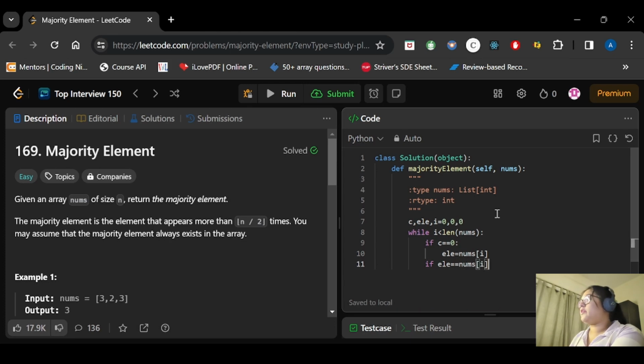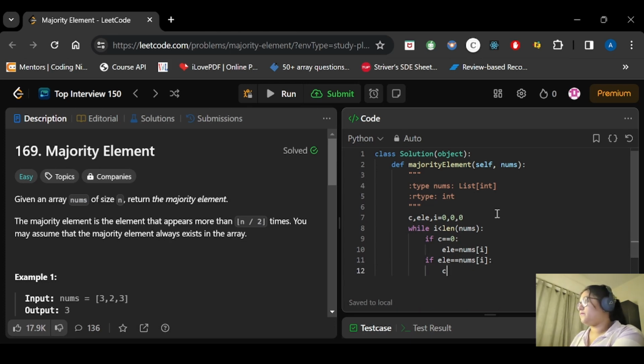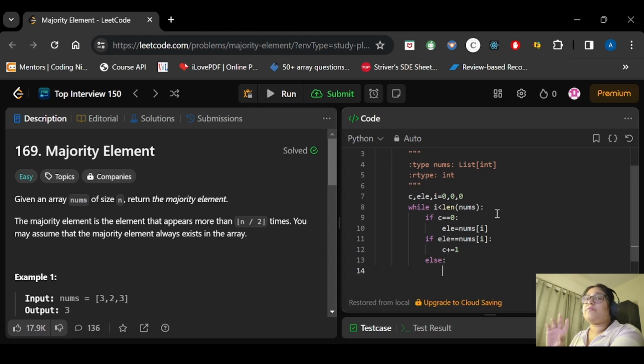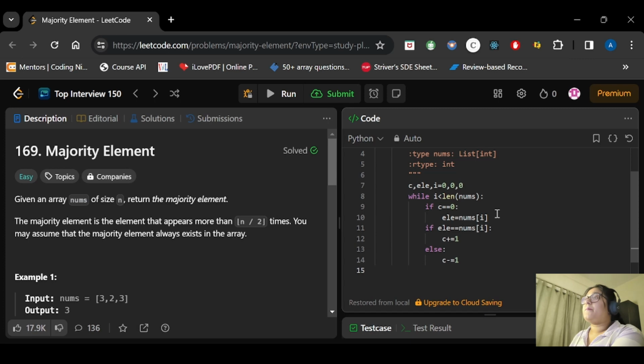So I will increment the count value here. In case they are not equal, then I will decrease the value by 1. Now this element will return us a valid candidate, right? So we can verify that, okay.